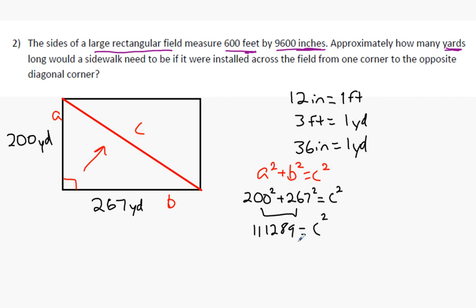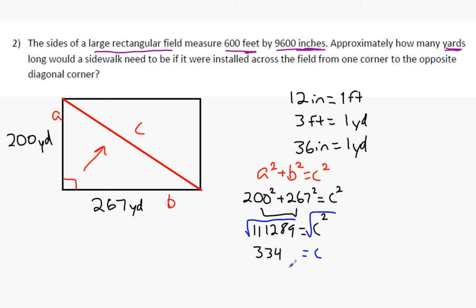We don't want that. That doesn't make any sense in the context of our problem. We need the square root of that to get rid of this square on top of C, because all we want is just C. The square root of 111,289 comes out to about